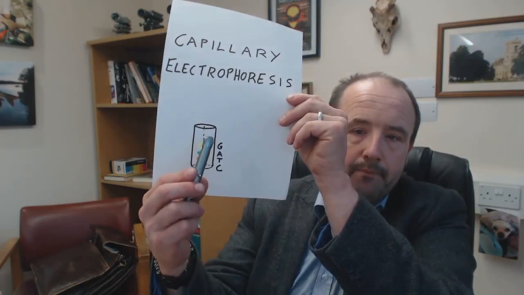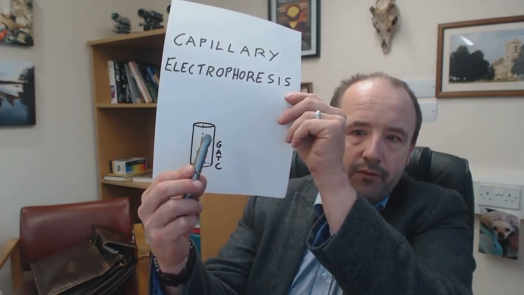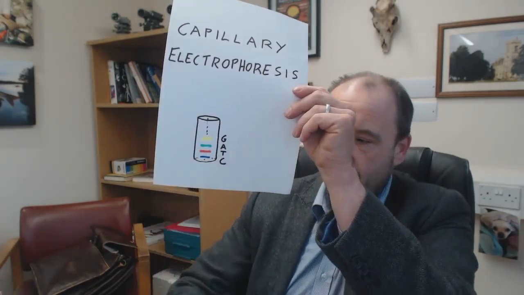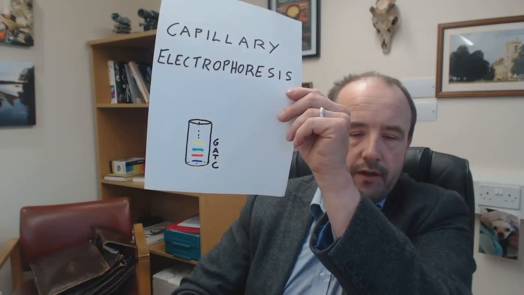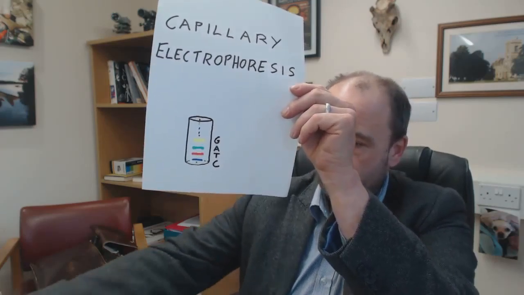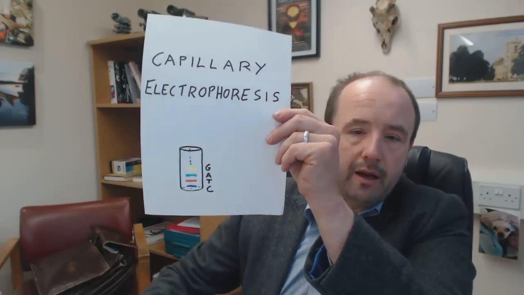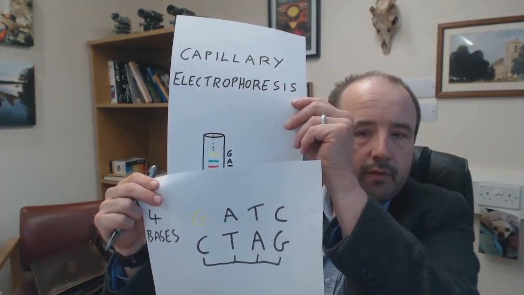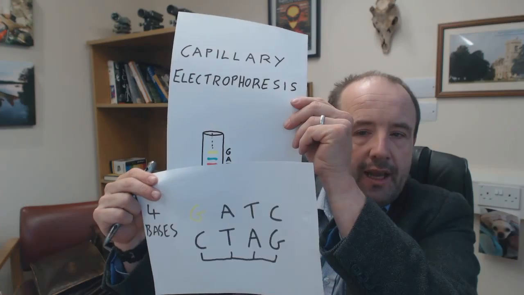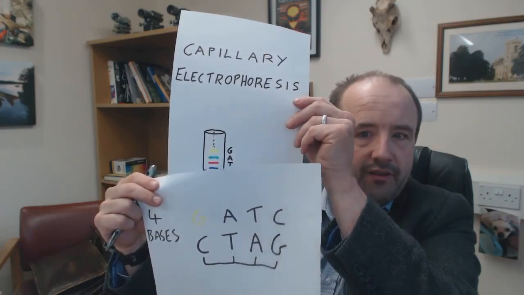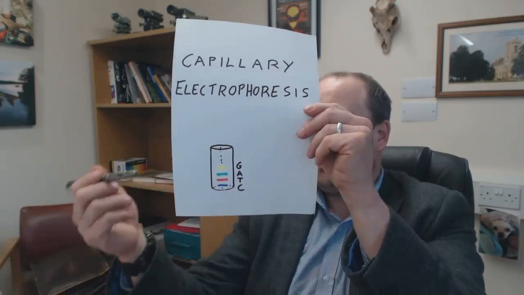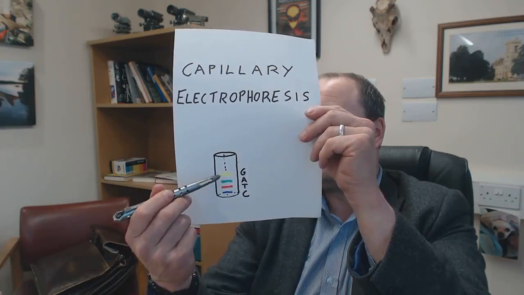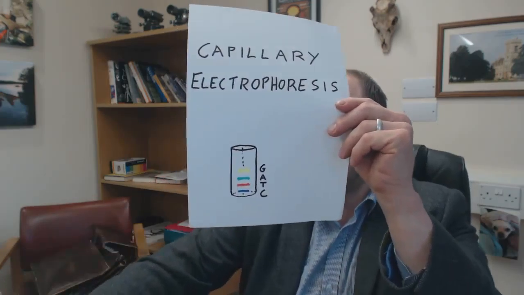Okay, as I said before, the shorter sequences of DNA travel further than the larger sequences. So our 4 base pair sequence ending in G, our 4 base pair sequence, will travel the shortest distance down the gel,